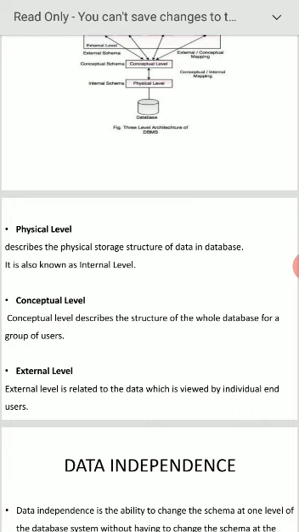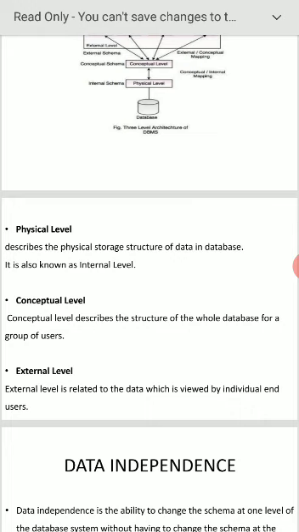Suppose I assume I created an employee details structure, I stored it in the database. Someone else stored the information about students. When I interact, it retrieves only employee details. It will not retrieve students' information, because that is done by someone else.